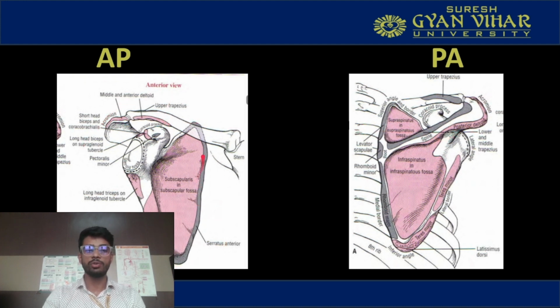And on the anterior side you can see that there is the subscapular fossa, and the long head of the triceps, which is at the infraglenoid tubercle. Over here the long head of the triceps is coming out. Then the coracoid process is present for the long head of the biceps, as you can see, and the short head for the short head of the biceps, and the coracobrachialis is also present at this point. Then the upper trapezius attachment site is also given over here. We will discuss all these things in detail when we study the biomechanics of the shoulder, the kinetics part, but this is to give you an overview of which muscles are present on the scapular bone.